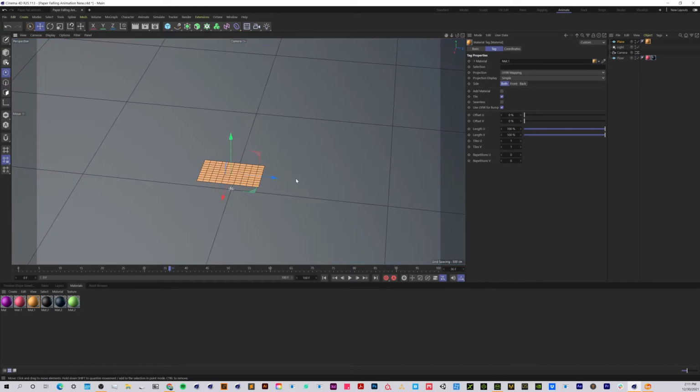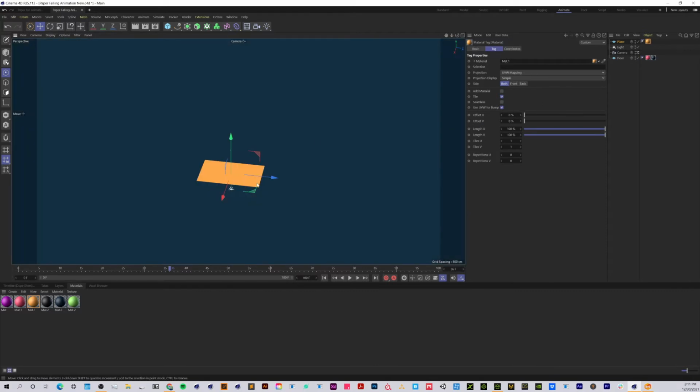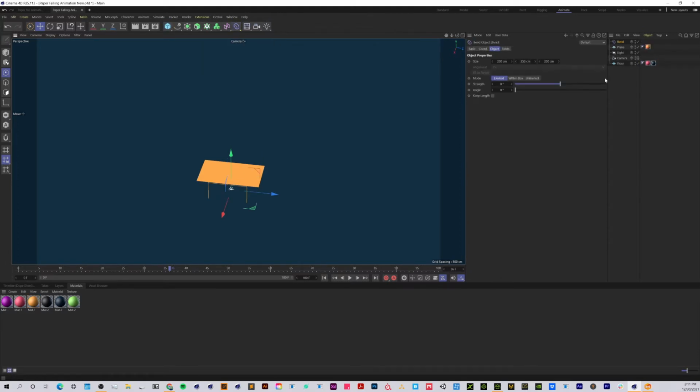A lot of times I like to have it on that as well, just so I can see the segments. Before we get started, I'm going to put the Bend Deformer on at the very beginning. So right up here, we're going to grab the Bend Deformer. I found that it's easiest to start with having the Bend Deformer already on the paper, even though we're not animating it first, just because it gets a little bit more difficult to line it up the correct way once we start animating. So I'm going to grab the Bend Deformer, drag it as a child of the plane,